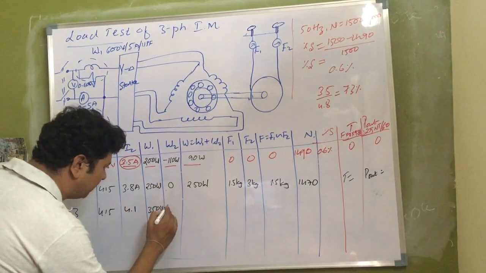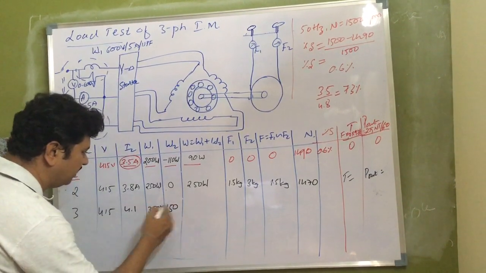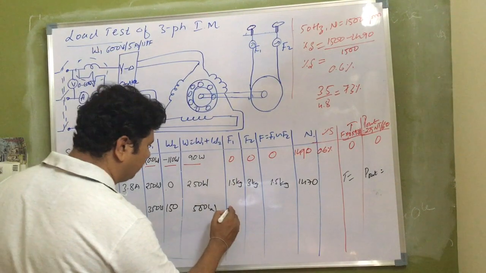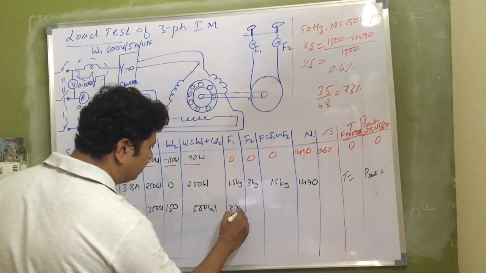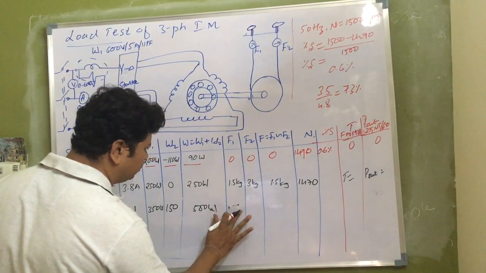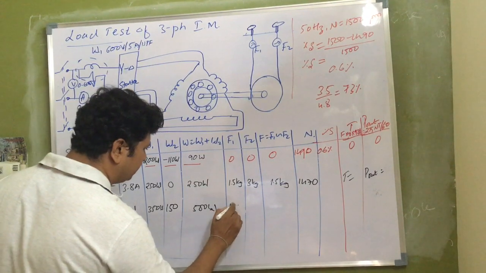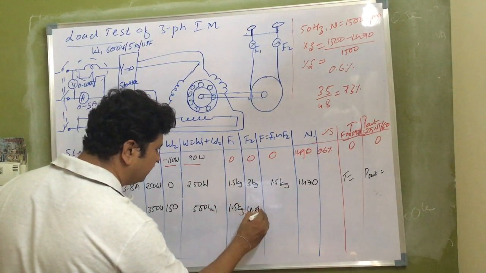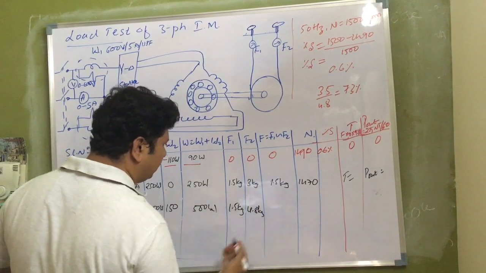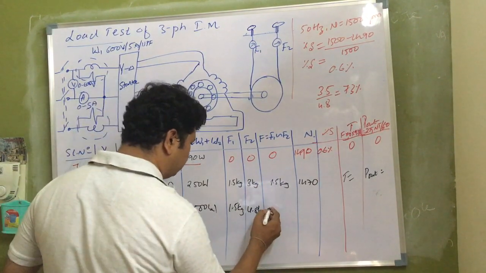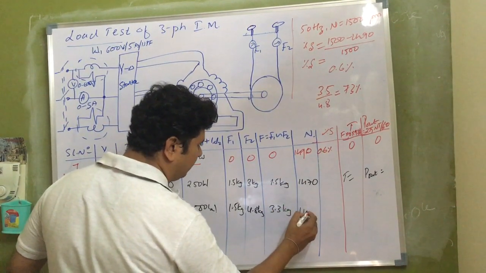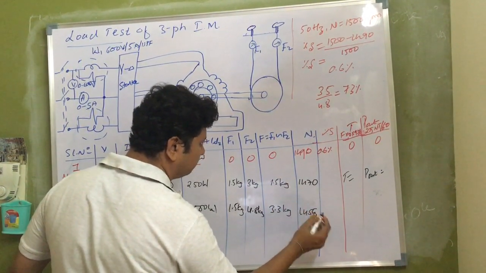Now this will be say around 150, now 350, 150, it will be 500. It will be now say 3.2 kg, one will remain usually constant. I will take this as 1.5 kg only. This will go up to say 4.8 kg somewhere. So the difference of these two is 3.3 kg, at some around 1455 rpm.